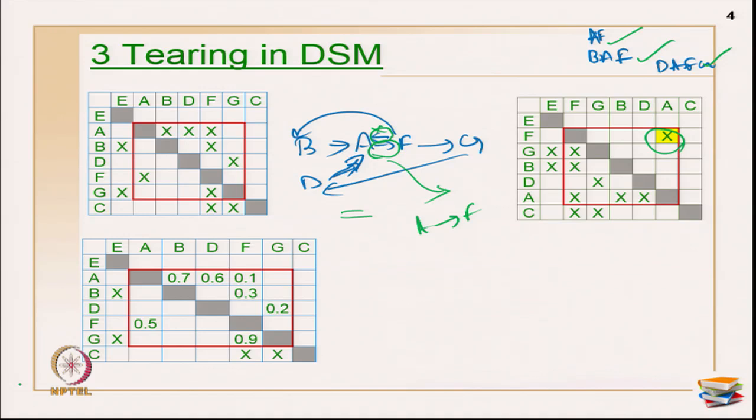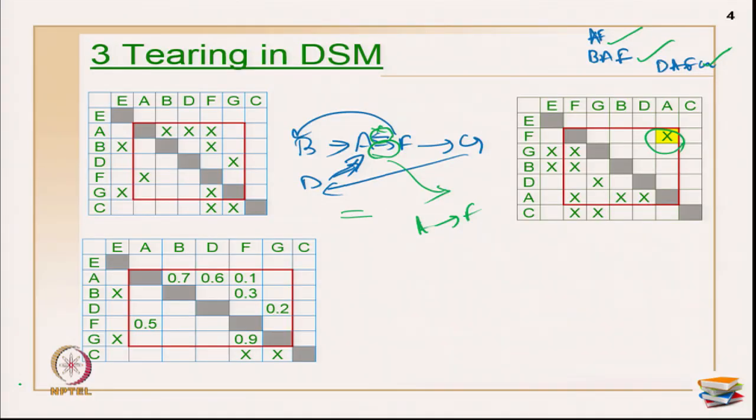Let us assume I am going to use strength of dependency, the weightage of the dependency between all these activities. I got values from my experts and I have put in all my values on a scale of 0 to 1, where 0 means no dependency, 0.1 is a very weak dependency which can be ignored, and 0.2 a very weak dependency which may be marginally ignored. 0.5 is a moderate dependency, and 0.9 or 1 is a very strong dependency, and if you start breaking it, obviously you are going to have so many repetitions going on.